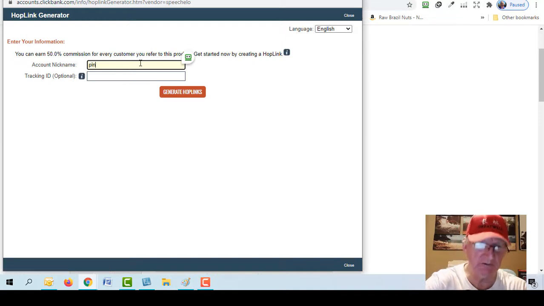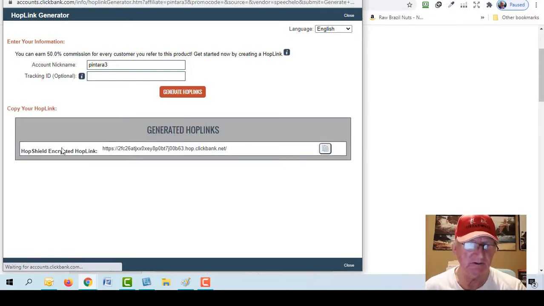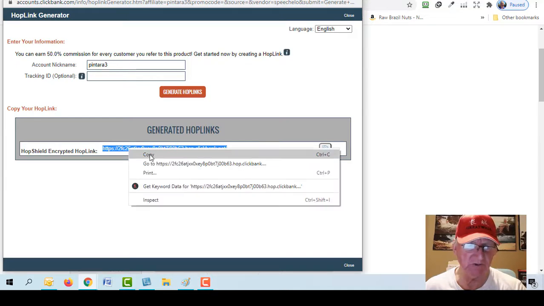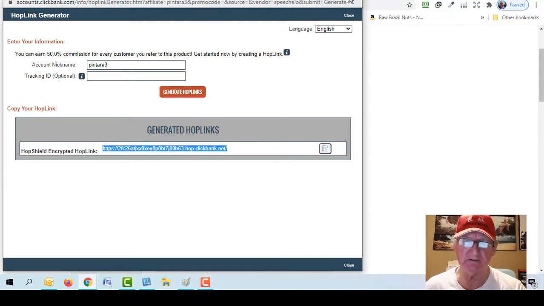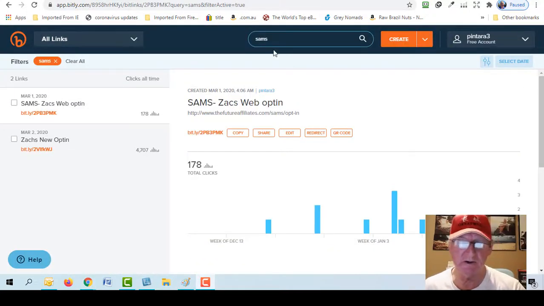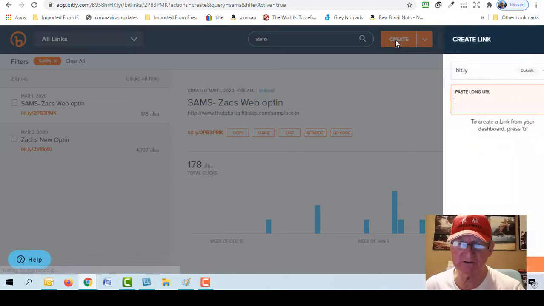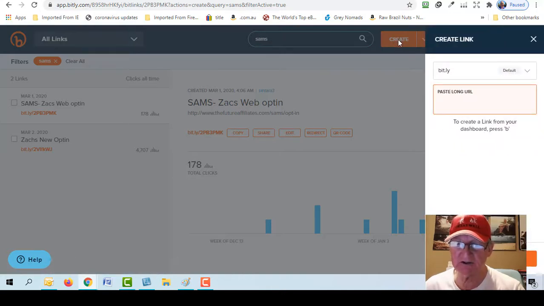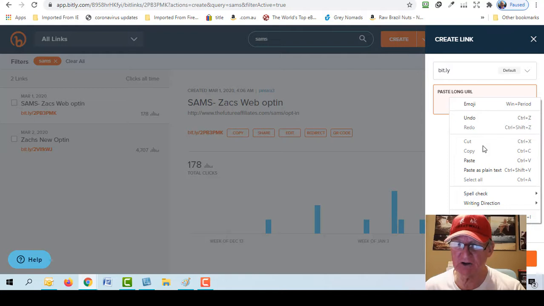I'll put my account nickname, generate hop link, and then I get this long ugly link. And you can imagine most people wouldn't click on that. It looks spammy. So let's get rid of that. All right, so you don't even need to actually sign up for an account. You can create these, but then you don't have a record of your links. So the fact that it's a free account, I would always just create a free account. So then you click on create, paste the long URL in here,